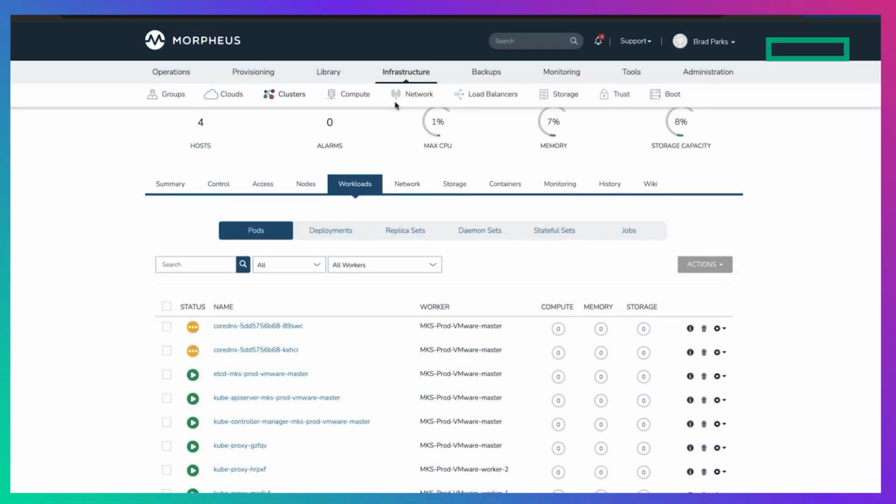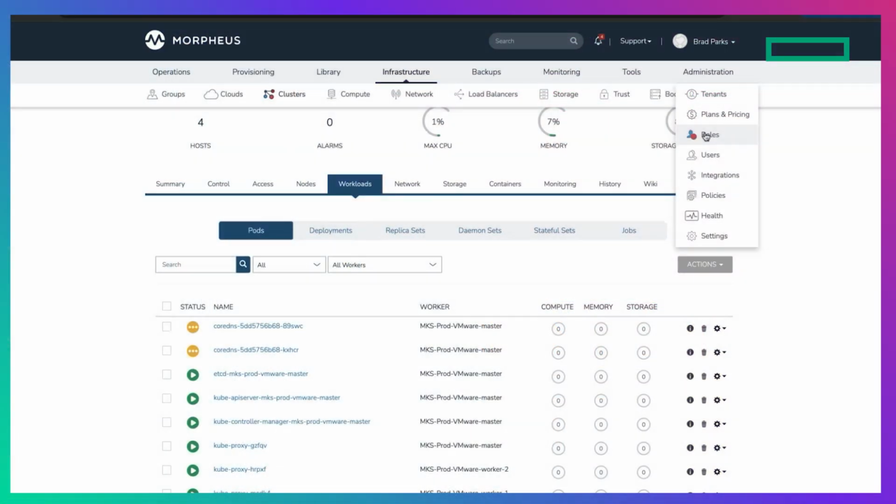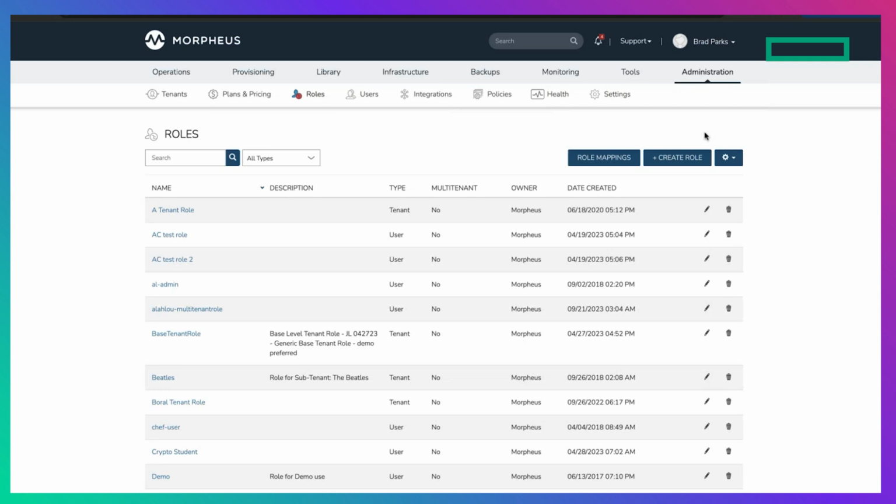So outside of infrastructure, one of the other places that's often useful to dig into is how we think about role-based access. Morpheus is a multi-tenanted platform, so I can securely separate different groups of users and infrastructure so that nobody can see what everyone else is doing. But one of the other things is roles. When I go in as a user, I'm assigned a role. I could be an administrator, a developer, I can create custom roles. But by using roles, I'm able to expose different features and functions very securely.